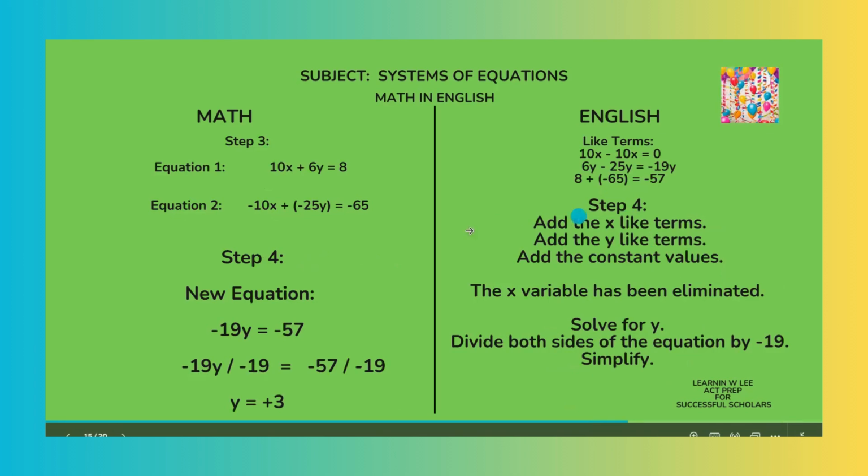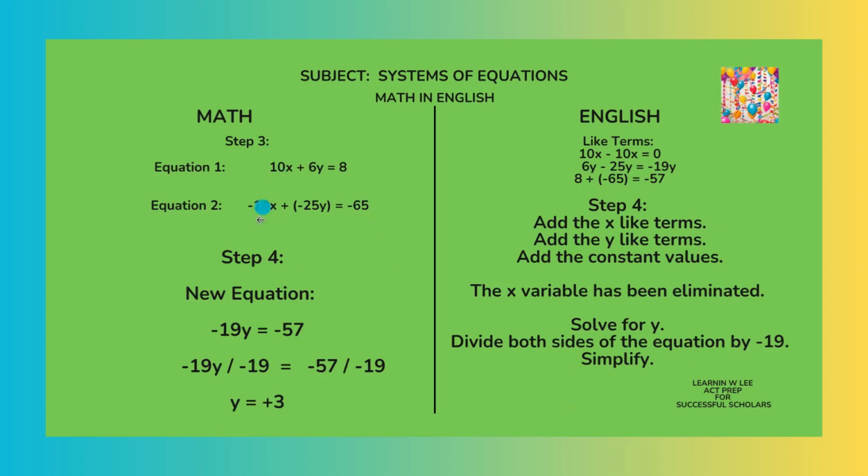So we take all these values together. We added our x terms, the x-like terms together. We added the y-like terms. We added the constant values, balloons on the page. Fantastic. The x variable has been eliminated. So now